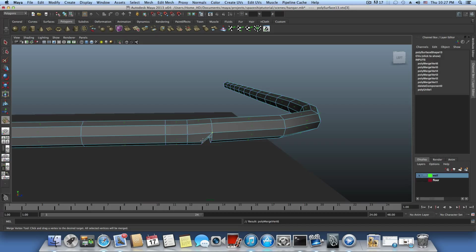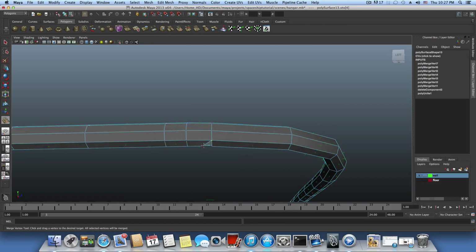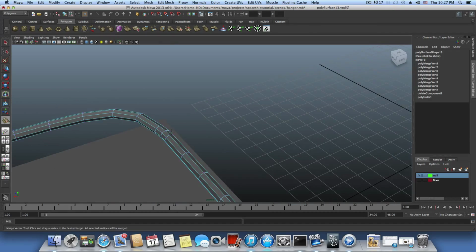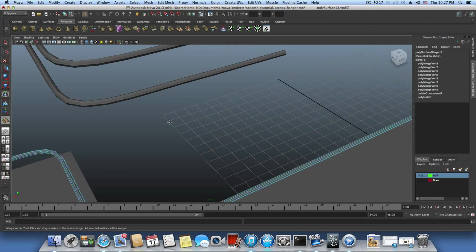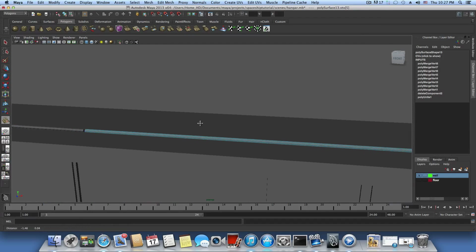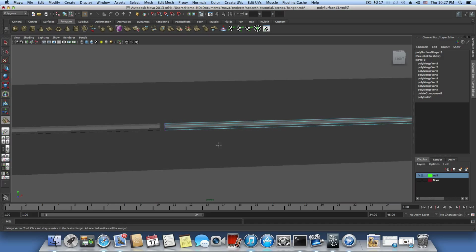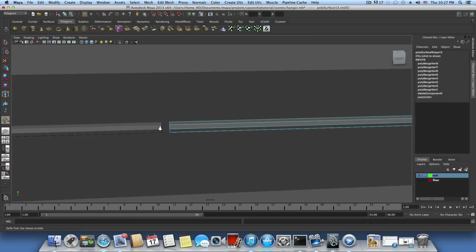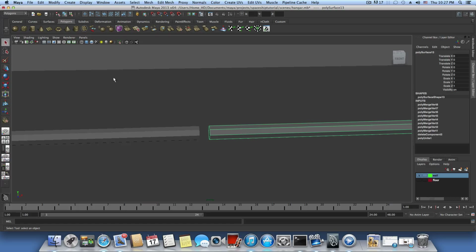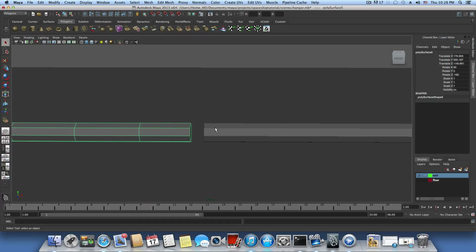Okay, this and these. Okay, that's cool. Now we need to go over here and do the same. Now there is another method on how to do this, so I will show you. It's not always reliable like this method, but you do want to consider it if you want to save some time. Edit mesh,